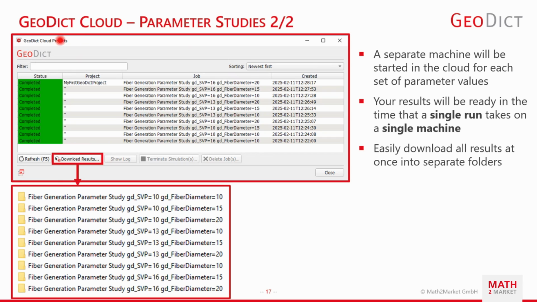And in this case, I have actually waited until all the results are finished, but you can see that the whole parameter study basically ran in parallel. All these machines were started at the same time and approximately were finished at the same time. And then you can go and select all of these rows. Just press Control A. You can click Download Results, and you end up with these results on your disk,